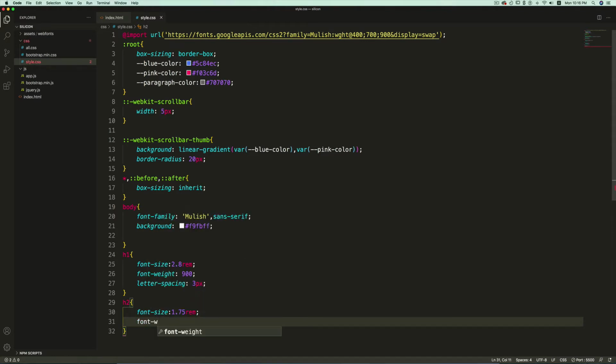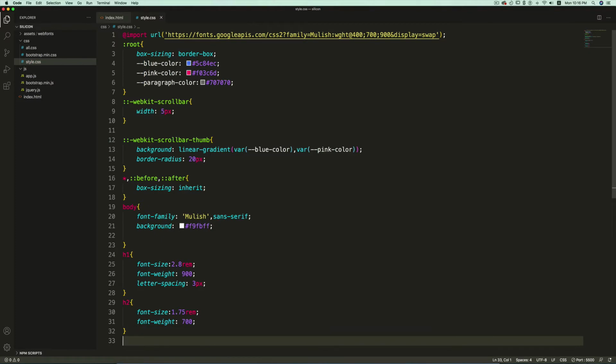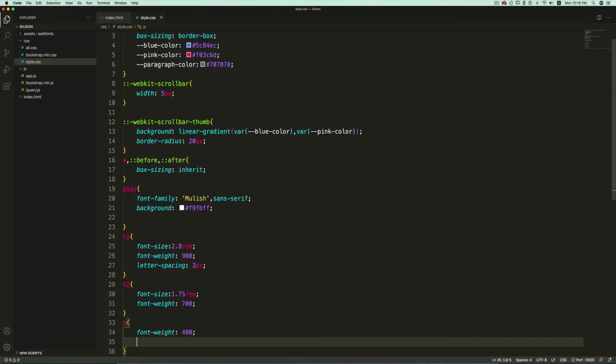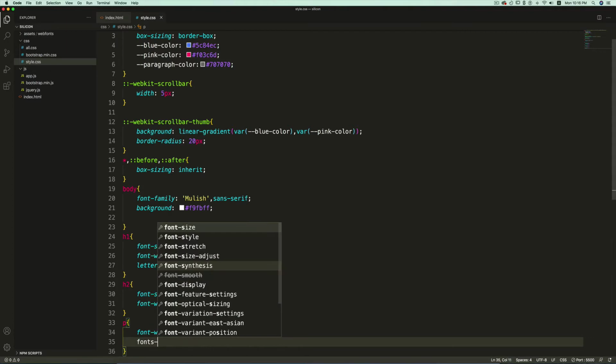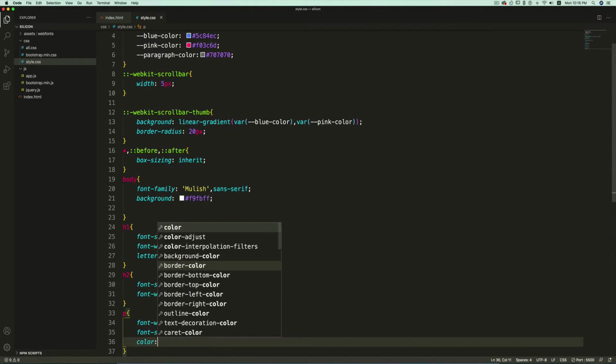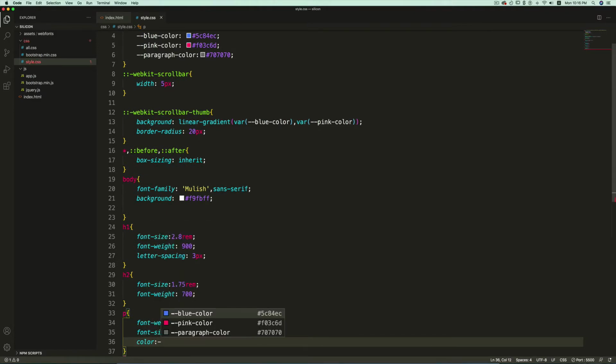Font weight will be 700, and then we target the paragraph. The font weight will be 400 regular. The font size 1 rem, so 16 pixel, and the color I'm going to use the paragraph color, this one.